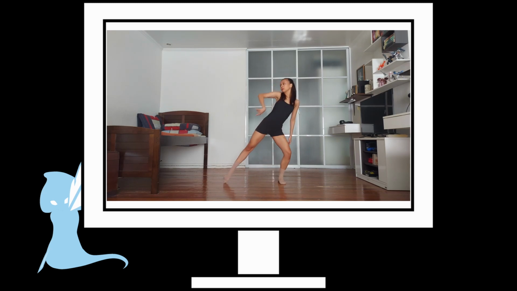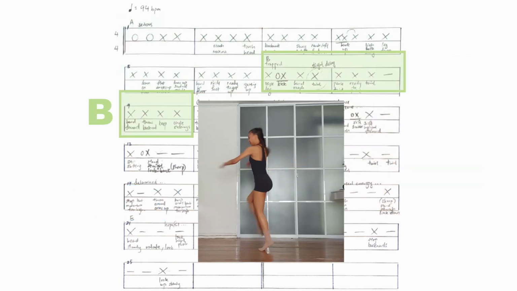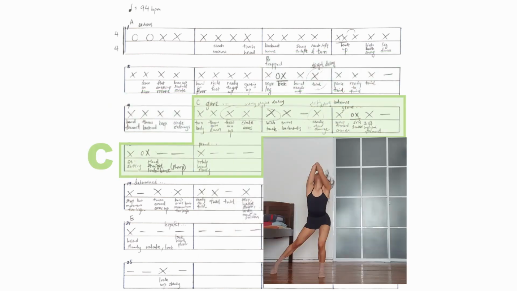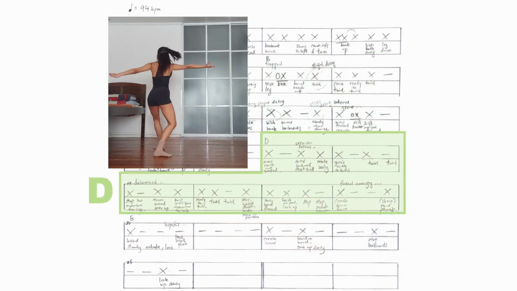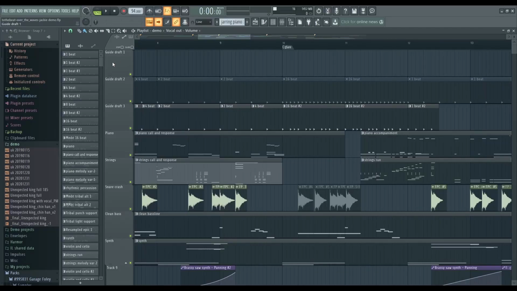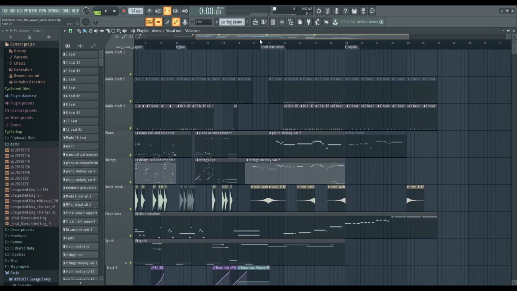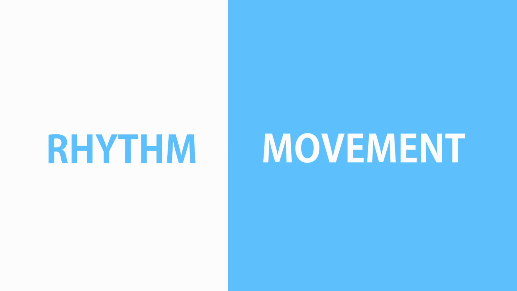As you can see, the dance that we received was challenging. I wrote the dance elements onto a music sheet and broke it down into 5 sections based on Jackie's emotion and tension. So part A is serious, part B is trapped, part C is glaring, and part D is soft and determined, while part E is hopeful. Each section has a different guide beat that leads to different rhythm. The idea was to compose based on her rhythm and movements.